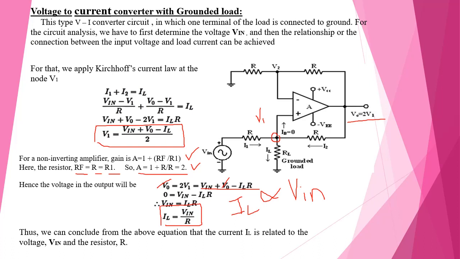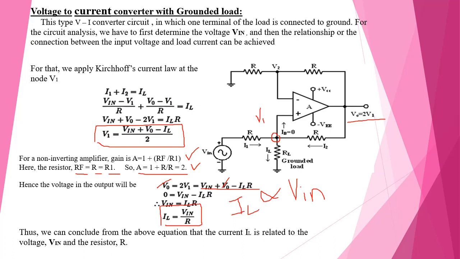At node V1, which is the non-inverting terminal of the op-amp, therefore I1 plus I2 equals IL. What is I1? I1 equals VIN minus V1 divided by R. Then I2 equals V0 minus V1 divided by R, that is equal to IL. Therefore, finally we get V1 equal to VIN plus V0 minus